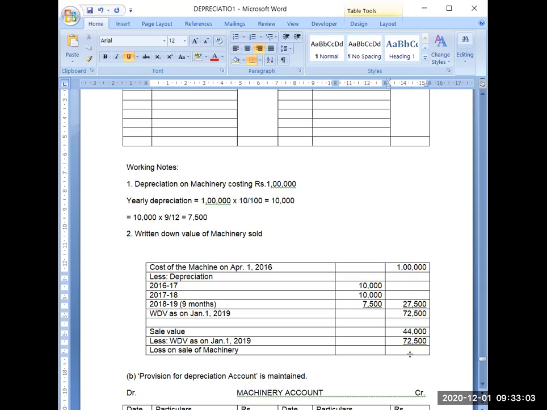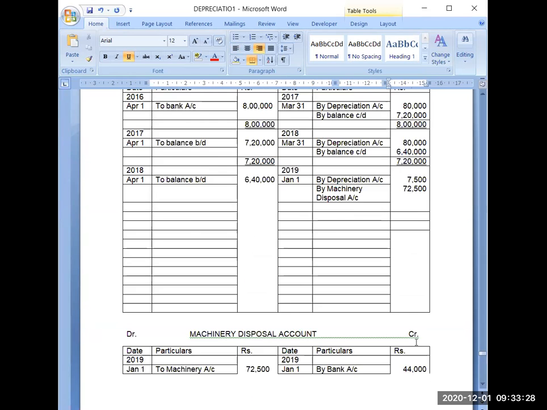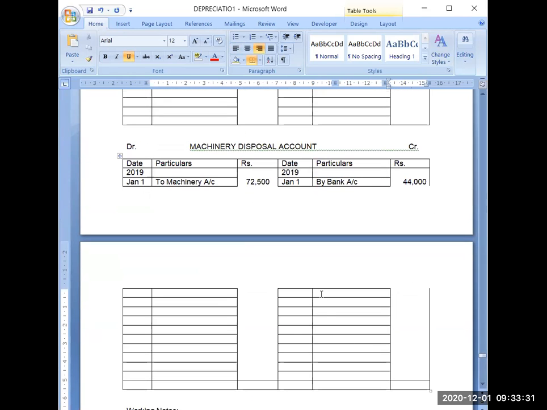So 72,500 minus 44,000, it is 28,500. So the loss we will write it here